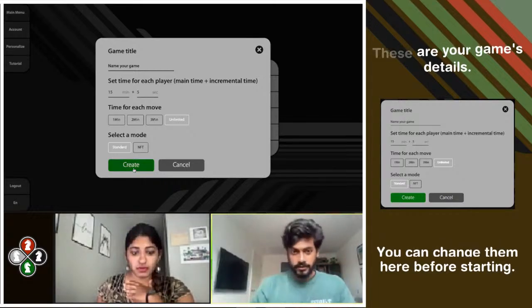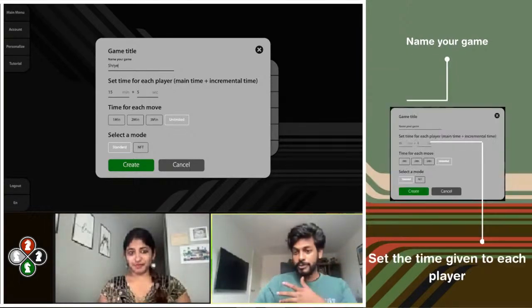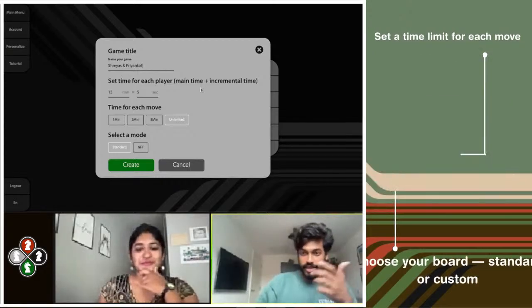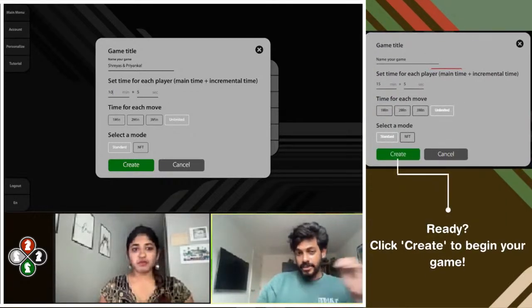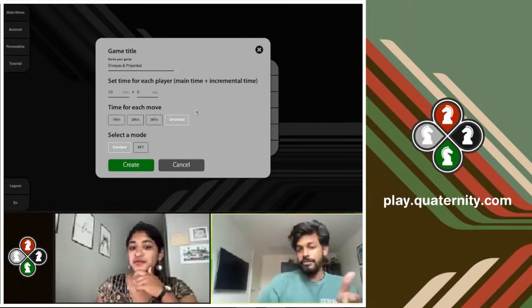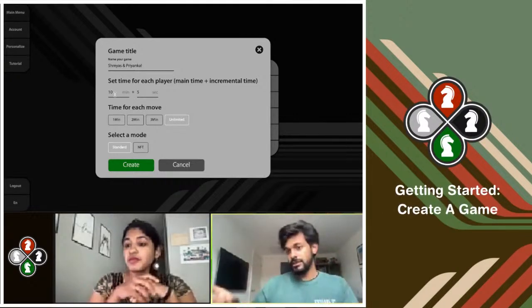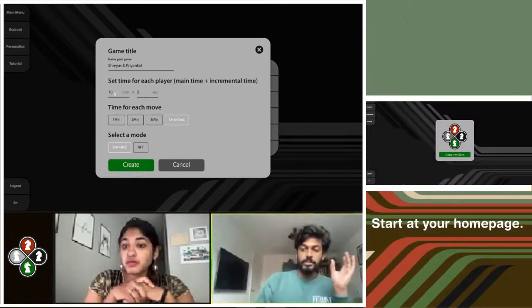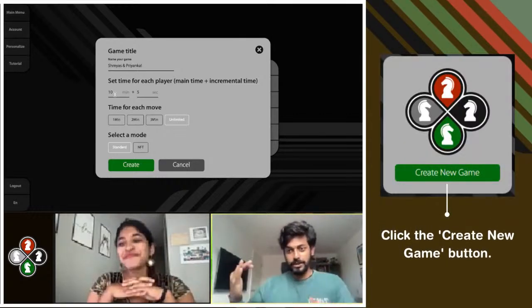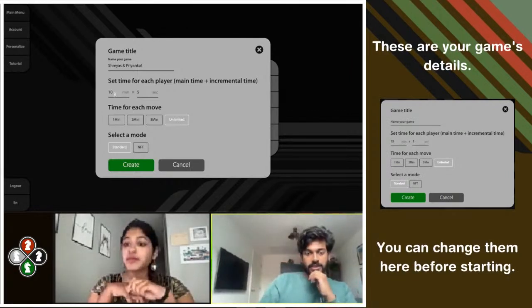But if you wanted to customize it, you can create a name for your game. This will be useful in the future with the new set of features that are coming out, where this allows you to find this game in the future. The time setting is the amount of time that each player has in total. So when you say 10 minutes over here, that main time is the amount of time that each color has. That's only applicable to human players, not the bots, because the bots are not intelligent enough to change their play based on the amount of time. But for human players, that's the timer that's associated.